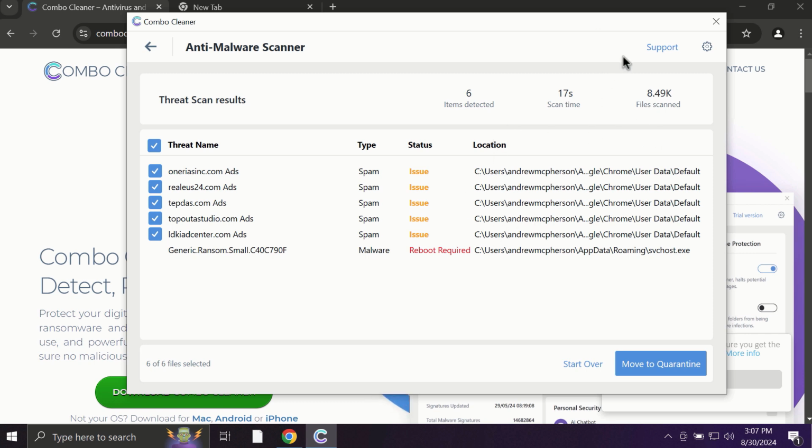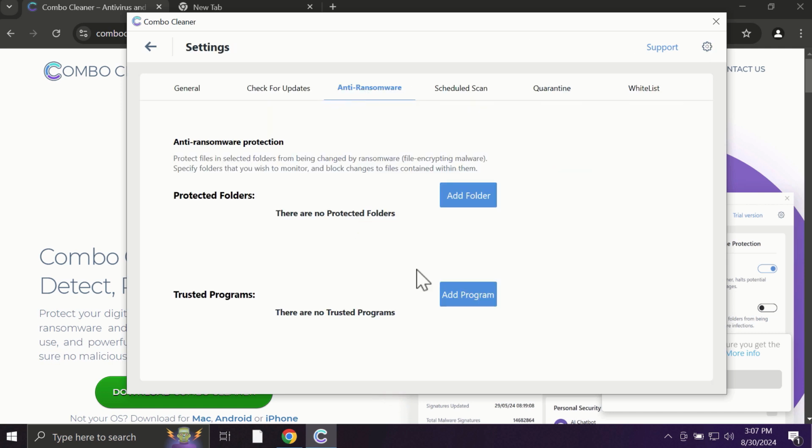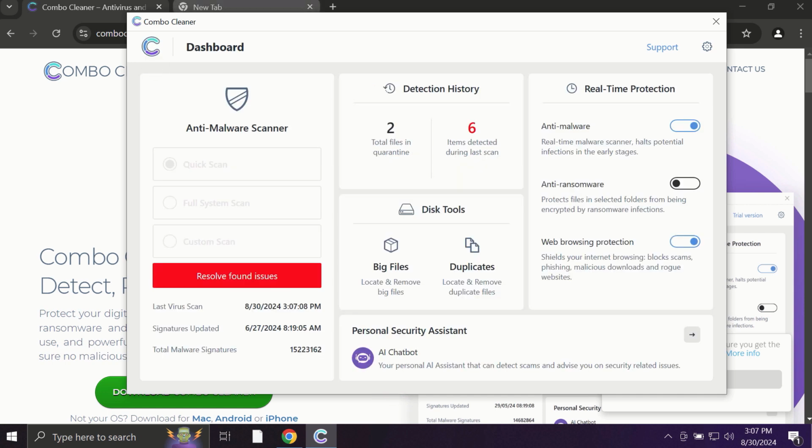threats. Some threats can be removed manually, but definitely I recommend you to consider upgrading to the premium license. With the premium license, for instance, there is an excellent anti-ransomware feature which helps to always keep your data protected. You can add certain folders on your system, and the contents of these folders will be always under the protection against ransomware attacks. And Combo Cleaner works extremely and exceptionally well when it comes to identifying contemporary threats like adware,